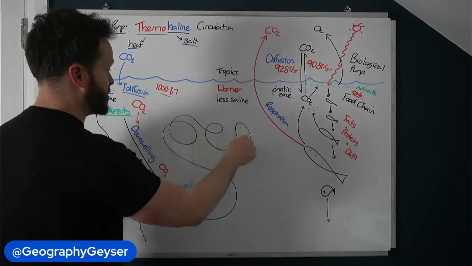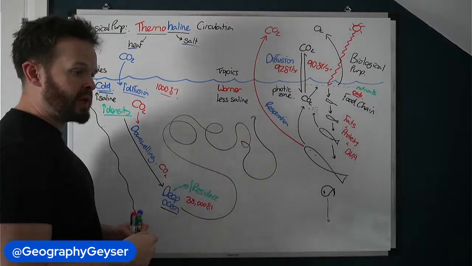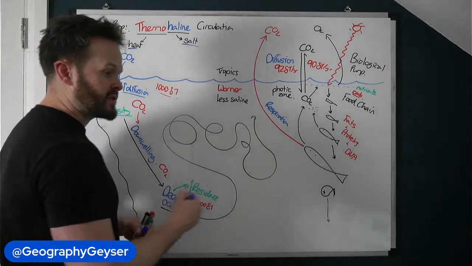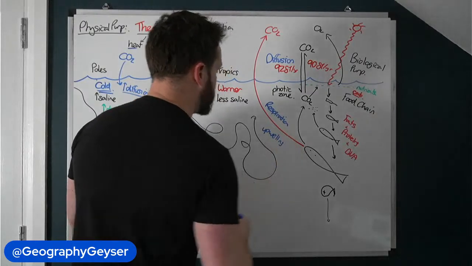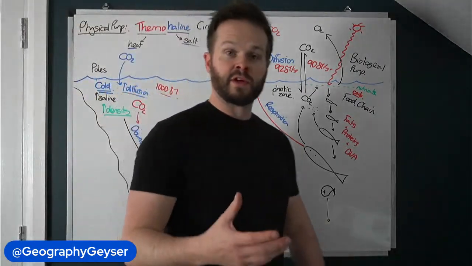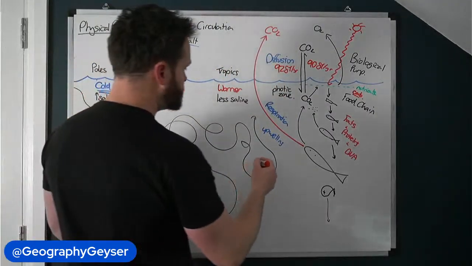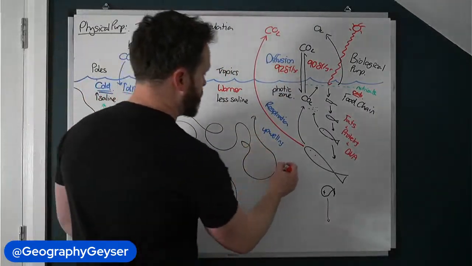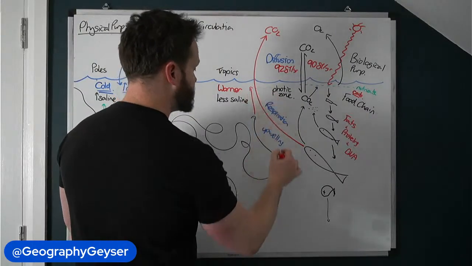Then what happens is, obviously, it's transported all over the place. There's these thermohaline currents, and then we get upwelling in areas of the tropics. So we get upwelling at certain points. So a classic example of an upwelling current that brings nutrients to the surface is the Humboldt current off the coast of Peru.